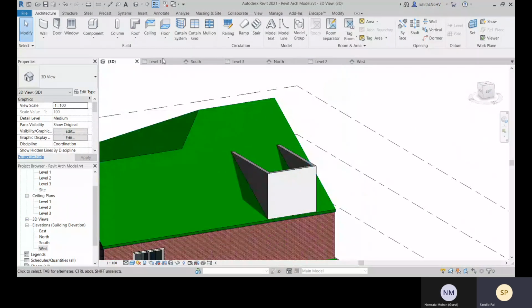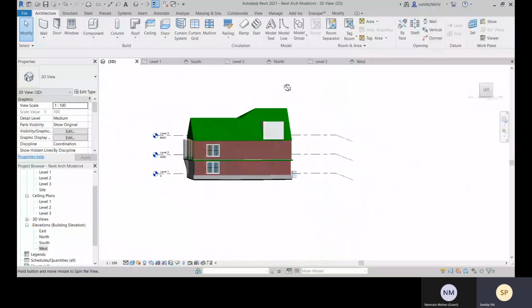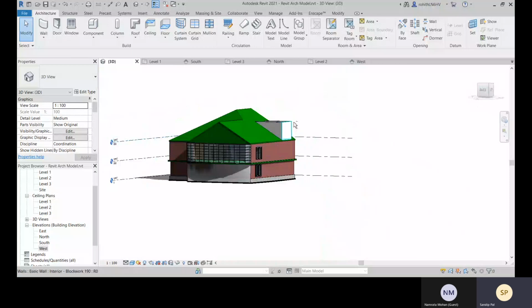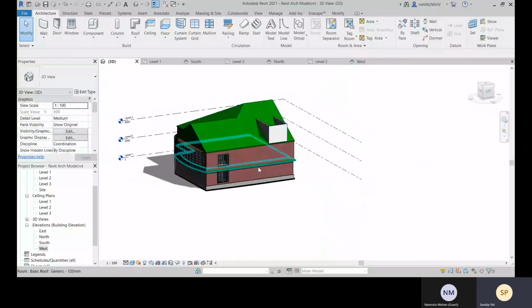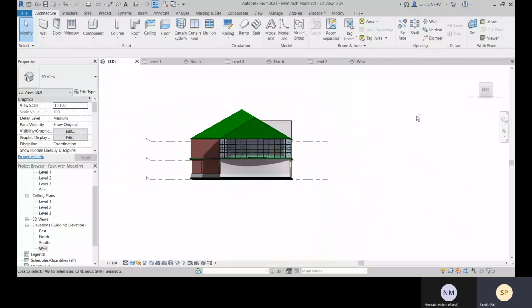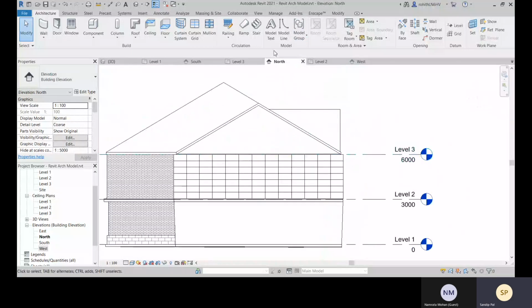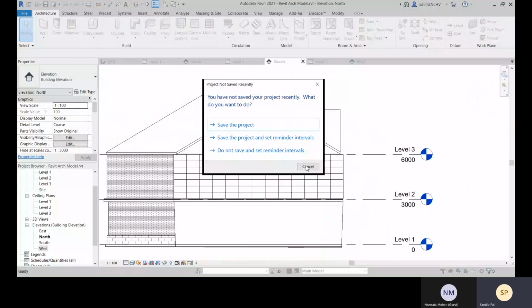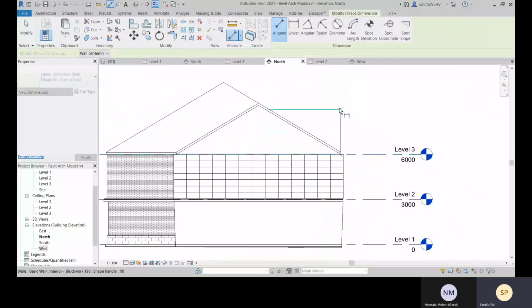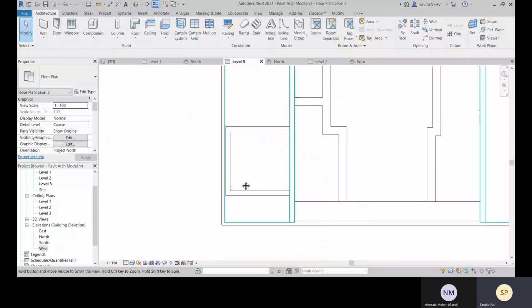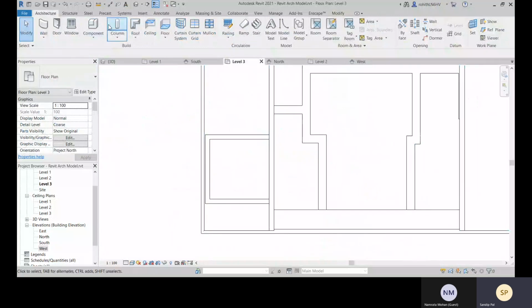Okay, so knowing the height for this, to this north, and there you can do this height, that is perfectly 3000. Okay, and come to level 3, and there you can go with this roof.